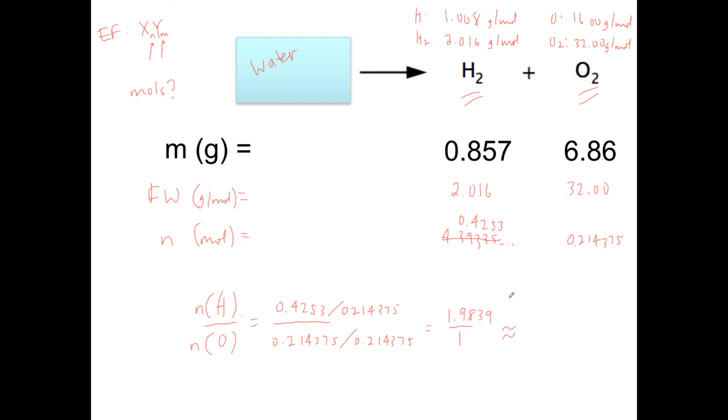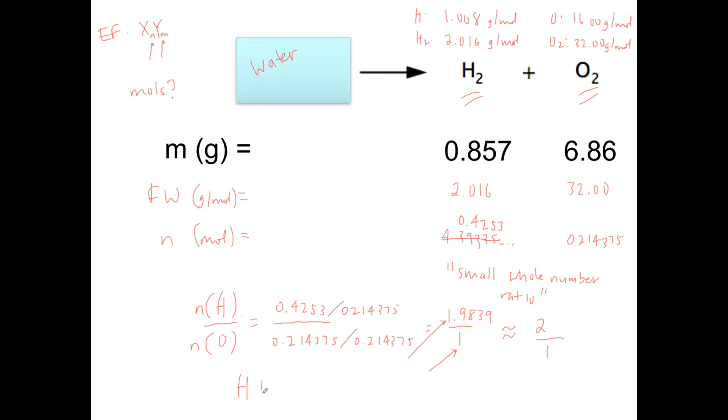If this is a small whole number ratio, if it's a small whole number ratio, what number is that? It's 1. What number is that? It's 2. Okay, and so we say, aha, the